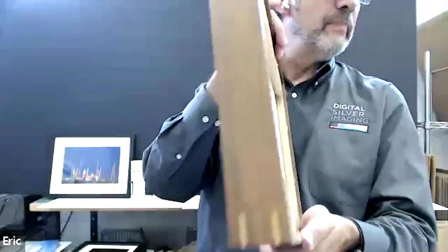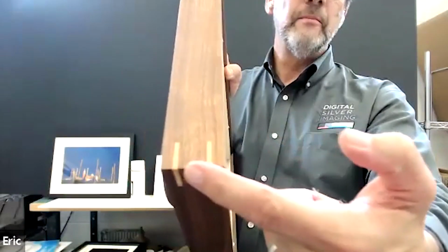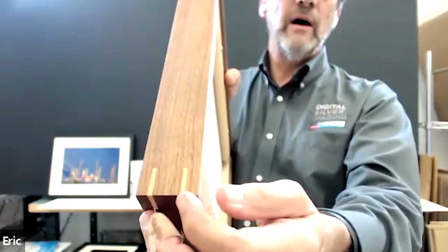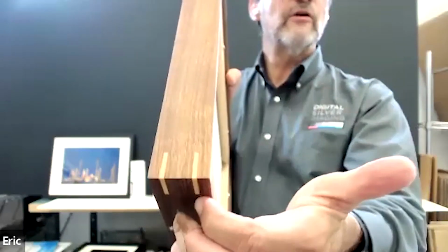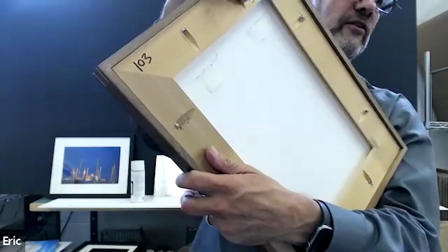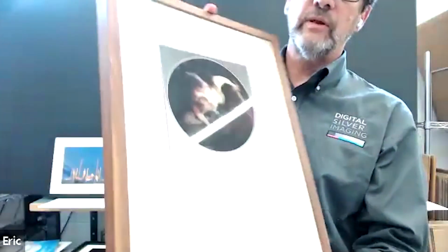And they have contrast splines. So this is walnut, but the splines are made of maple. And it's an aesthetic thing, but when you get into much larger size frames, these splines do add structural integrity to your corners, right? Along with the strainer bar. And again, you can see the pocket holes with the inside of our strainer bar holding everything together. So that's a really important